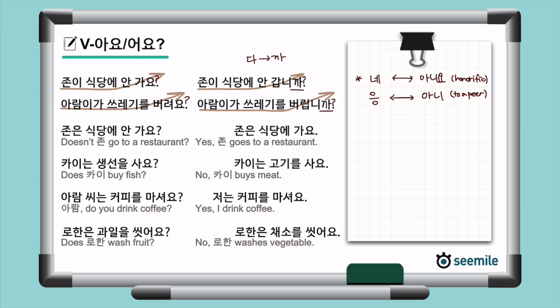There's one point you need to be careful of when you answer in Korean using 네 or 아니요. In English, the way you answer isn't impacted by whether or not the question is positive or negative. For example, let's say someone asks you, "Don't you eat spaghetti?" The question is negative. It asks if you don't eat spaghetti. If you do eat spaghetti, then in English you would say, "Yes, I do," even though the question was phrased